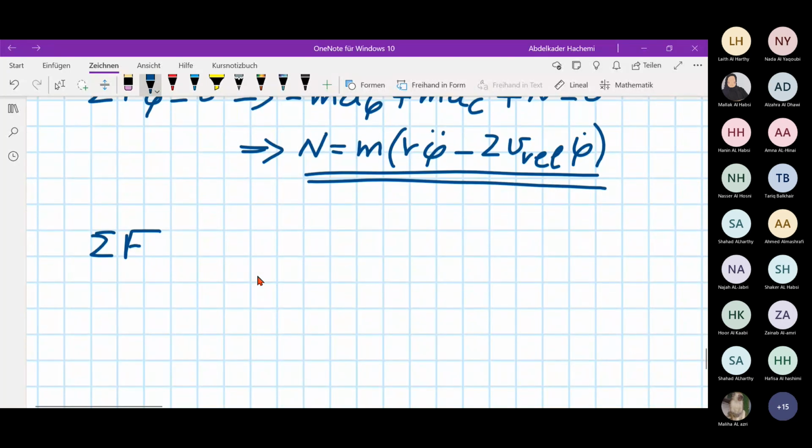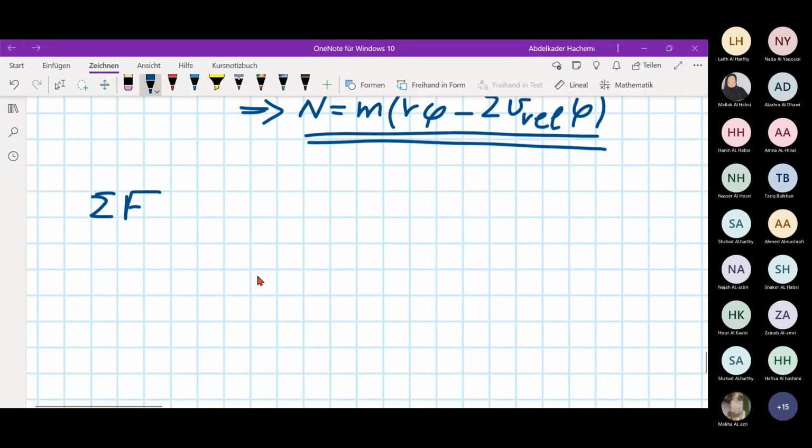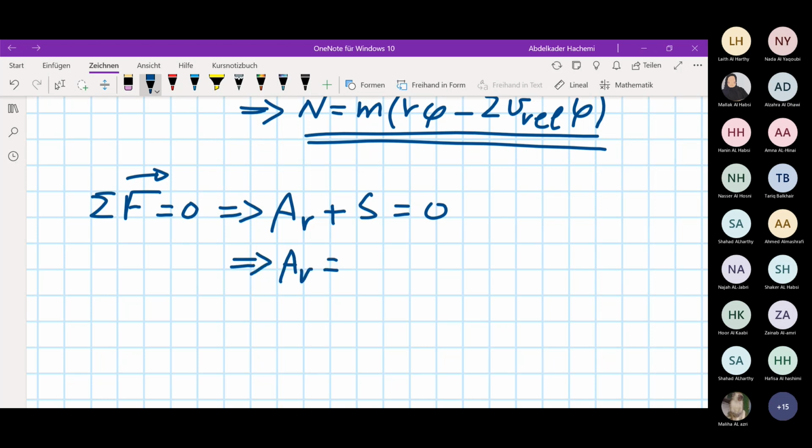That means the sum of the forces is equal to 0. Then we get AR plus S is equal to 0. Then AR is equal to minus S,